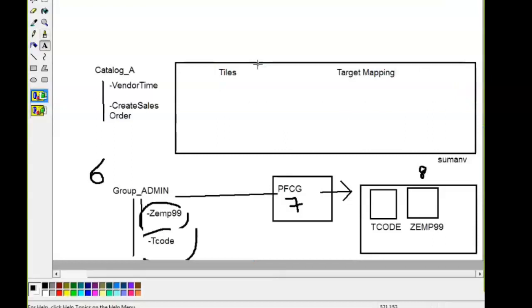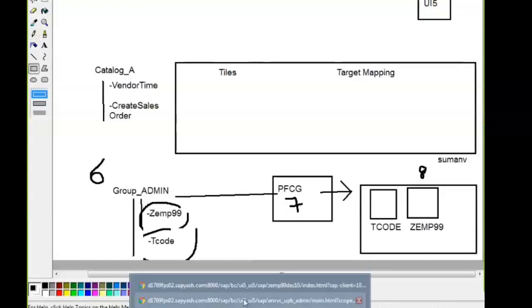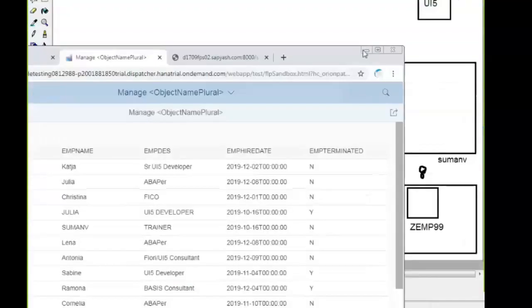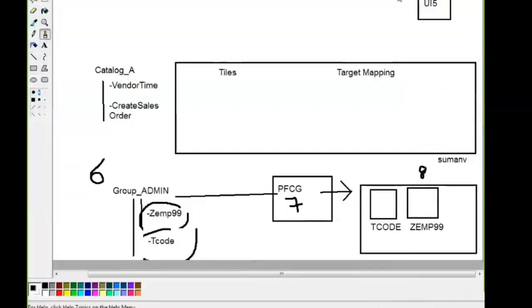Tiles and a target mapping. Okay. Now from the UI5 application, that means this application. This one. This is the ERP application. Okay. What we did, if you rewind the steps, we deployed that to the backend. It converted to BSP application. Okay.